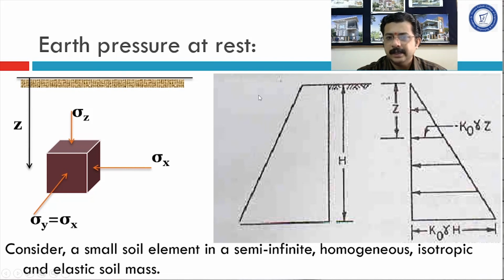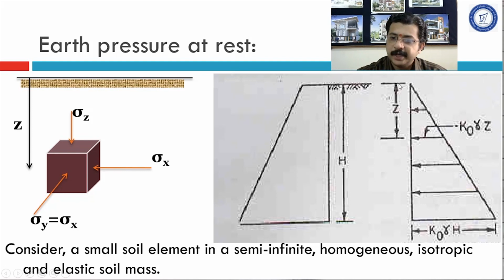Okay, and this element we have considered at depth z from the top ground surface. On the right hand side, we can see this particular structure is a retaining structure. Its depth below the top ground surface is capital H. The other way also we can say this is the retaining structure which is retaining this much quantity of soil, this much height of the soil. So it is capital H. Suppose I want to find out the lateral earth pressure on this vertical face of the wall. This face is called the retaining face, which is vertical.